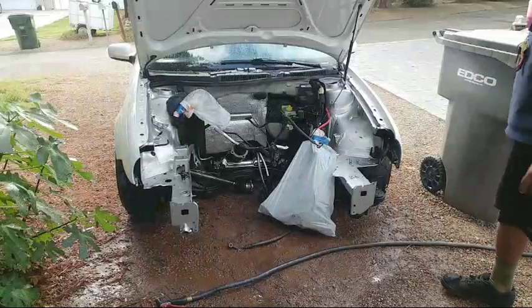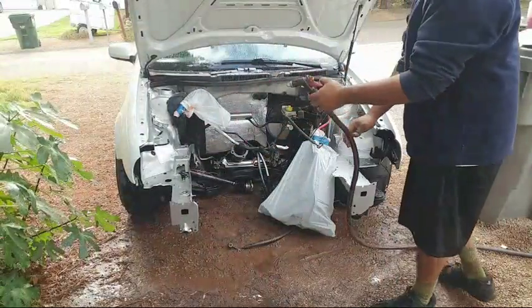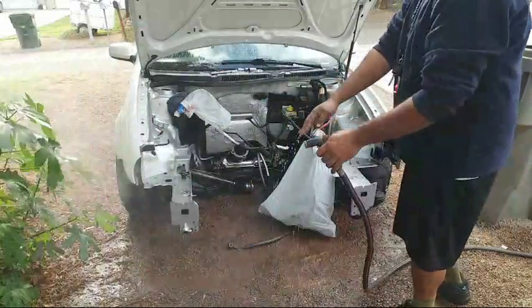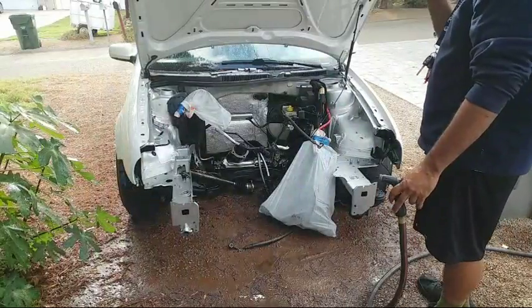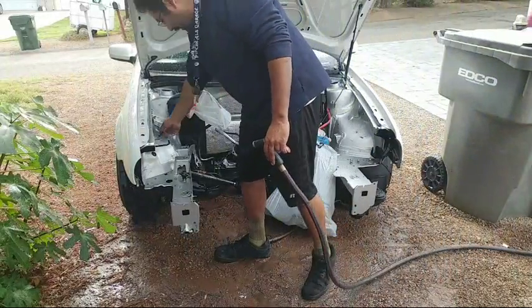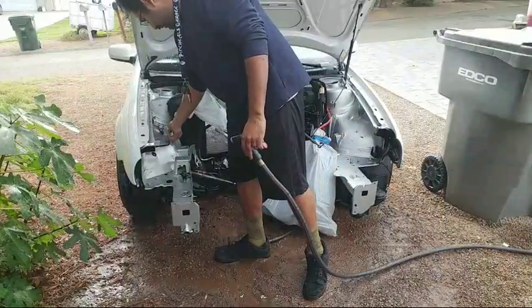Little things like that you're going to pay attention to. You probably want to be more precise or more picky on how you do this, depending on the amount of time that you have to work on this. I'm kind of running low on time,